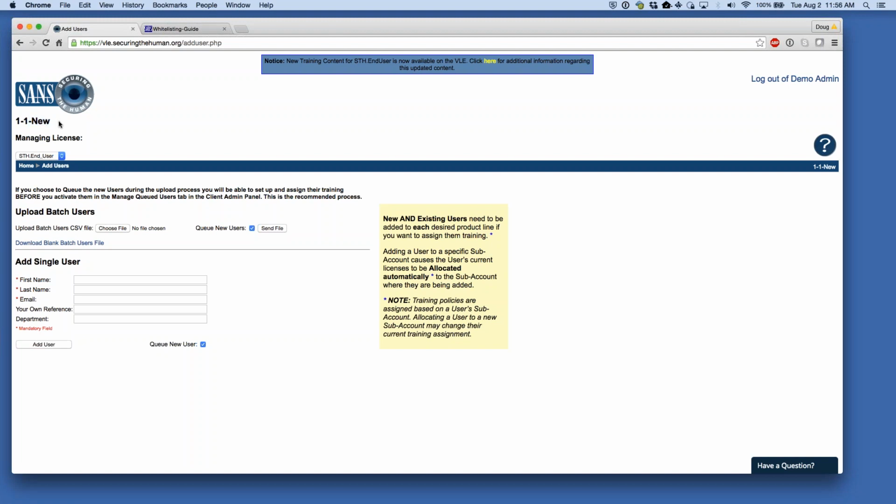So think of this as executives. I don't necessarily need to put that in your own reference or department because I'm already recording that in their sub account. Also note that by default users are going to be queued. So going back to what we saw in sub accounts, we can add a bunch of users in. They can all be queued and ready to be activated. Once they're queued,